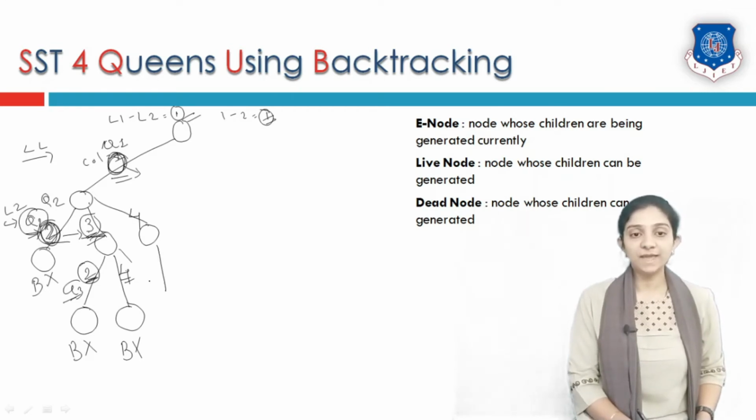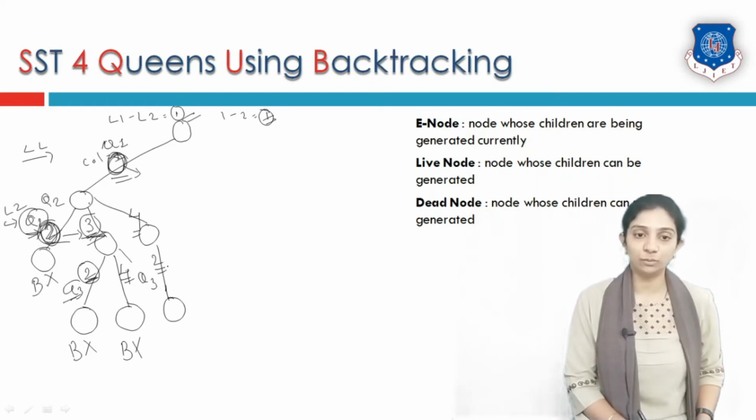Before we go, we have to place queen number 3 as our next queen, and column 1 and 4 have been occupied. So the option that we are left with is column number 2. If we put queen number 3 in column 2, we must check the bounding condition. The difference between this level and that level is 1 and the difference between the column numbers is 2. So the difference of levels is not equal to the difference of column numbers. So this is the correct placement of queen number 3.